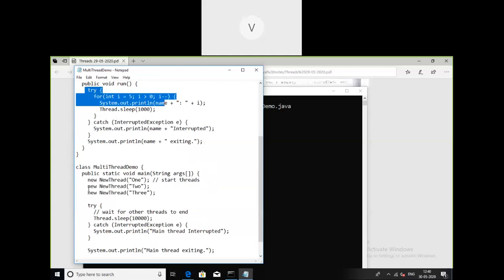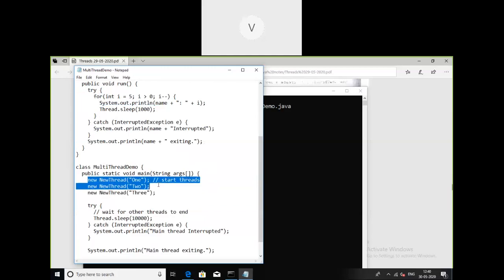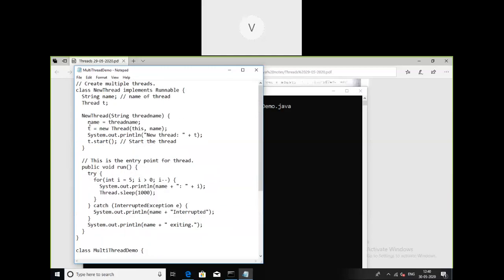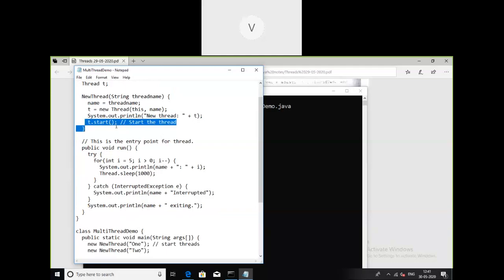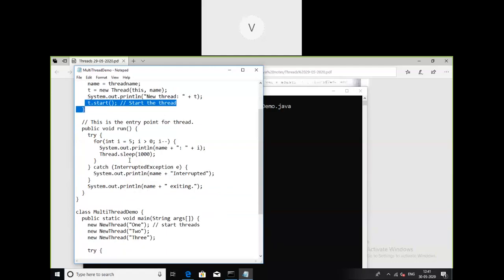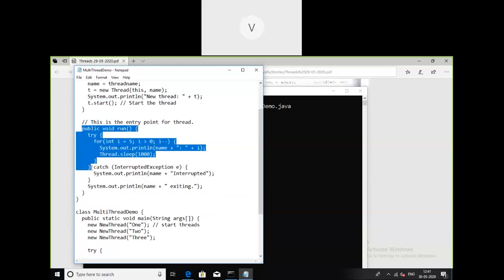How it actually happens here is that the constructor new Thread is called first, and we give the name of the thread as 1. This makes the constructor definition be called, and in the constructor definition we display the details of the thread, and then the start method is invoked. What the start method does is invoke the run function of the corresponding thread, and within the run function the exact functioning of the thread takes place, like we have seen in the previous classes.